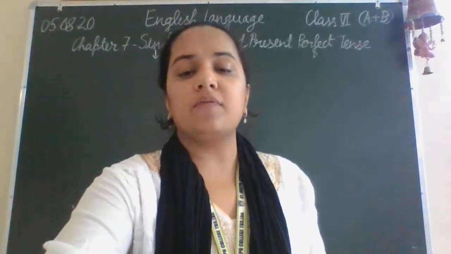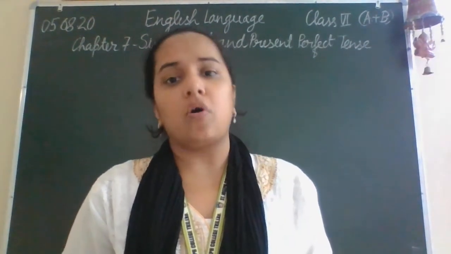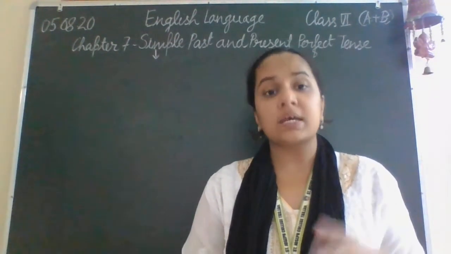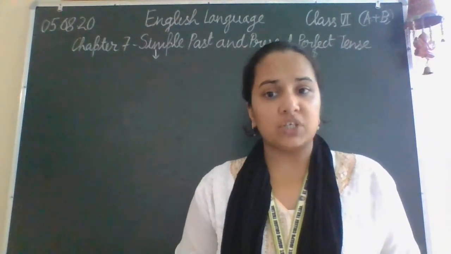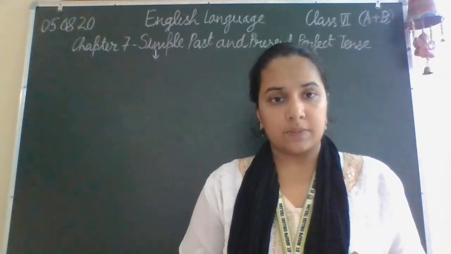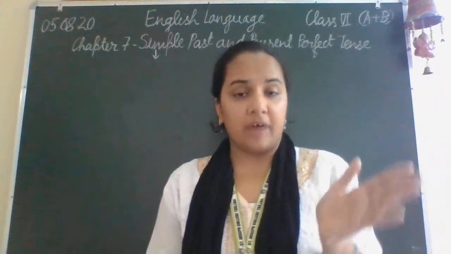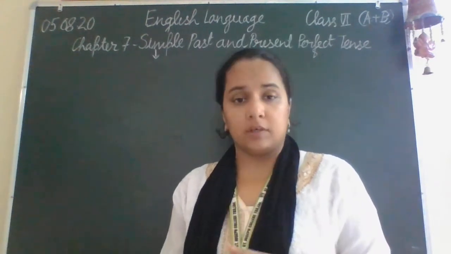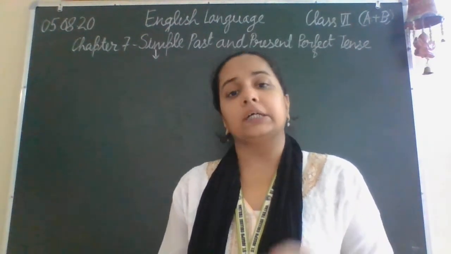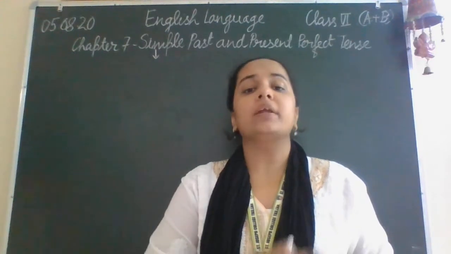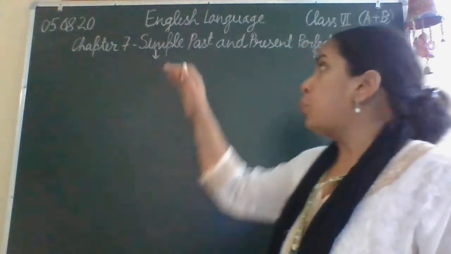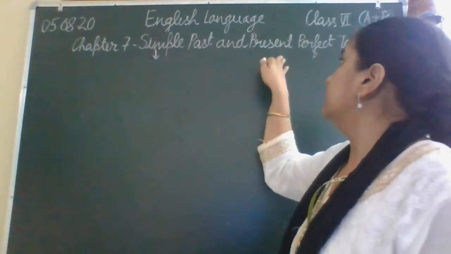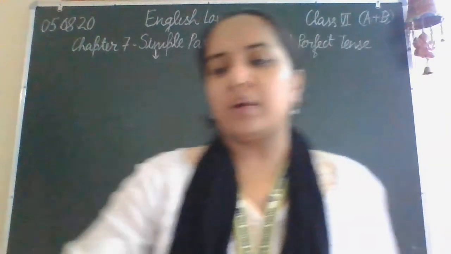So today we will learn about the rules of simple past and present perfect tense, that is, how we form these sentences, where we put the verb, where we put the subject, and how the verb is used. As in the previous chapter 5, we discussed the agreement of the subject with the verb, meaning the verb has to be in the sentence in accordance with the subject. So what kind of verb will we use in the simple past and what kind of verb will be used in the present perfect tense?